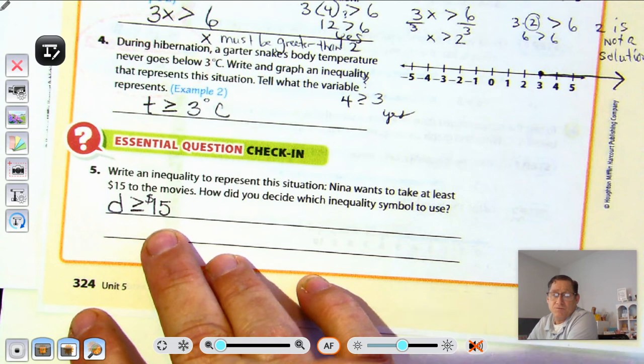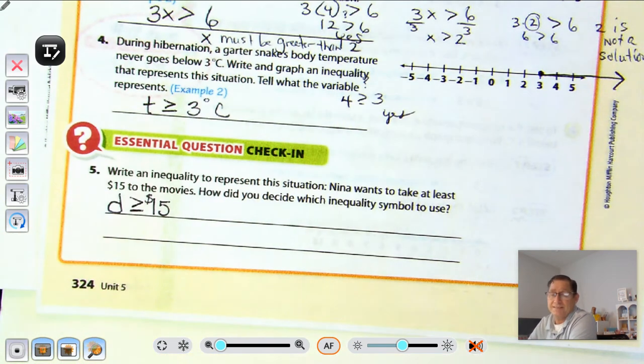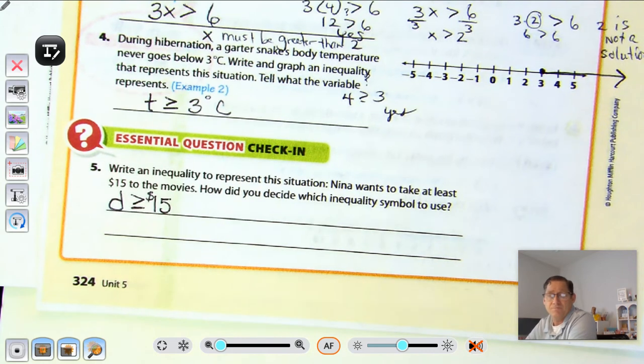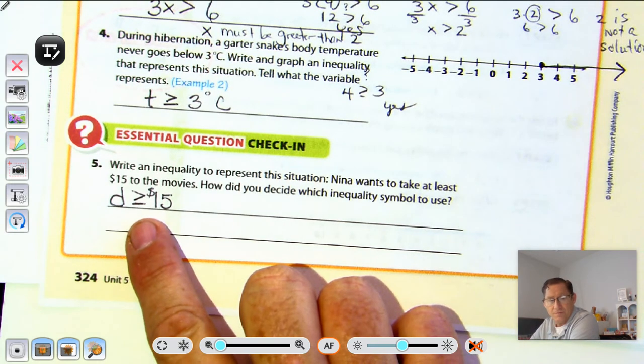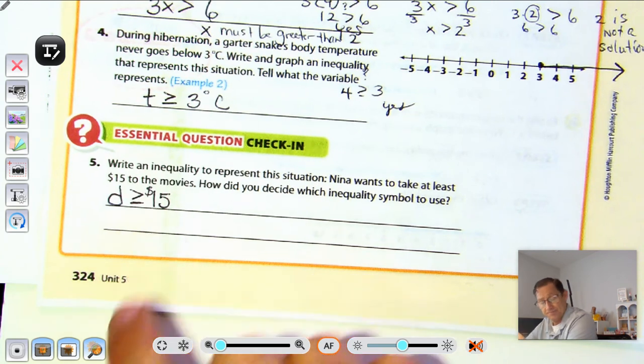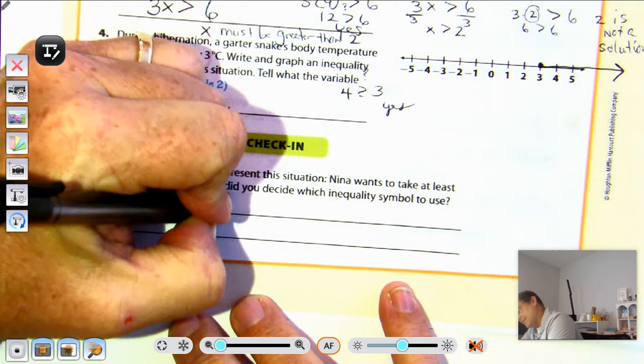The least amount of money she wants to take is $15. Can she take more? Yeah, she could take 16, 17, 18, 19, and so on, right? But she doesn't want to take less than 15. So how did we decide on greater than or equal to 15? Well, first, D